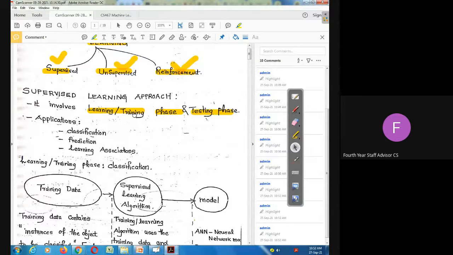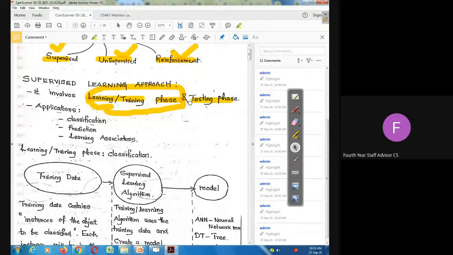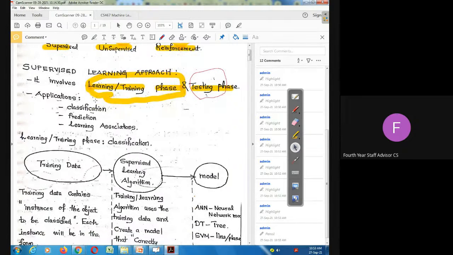We will give the data to the learning algorithm and perform the training. So this is the learning or training phase. And after that, we will do the testing phase. So there are two phases: the learning phase and the testing phase. So what are the applications of supervised learning? It is used to solve these types of problems. Which are the different